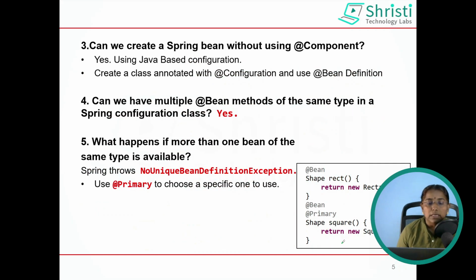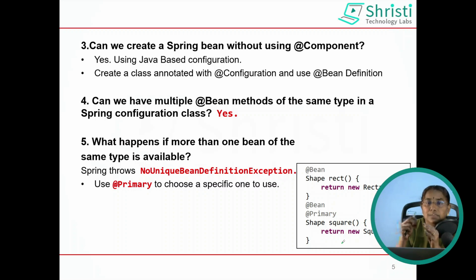Next question. Can we create a Spring Bean without using @Component? Yes. Whenever you want to create an object for a particular class, the IOC container will go and read the configuration metadata. They are of 3 types: XML based configuration, annotation based configuration and Java based configuration. XML based configuration is outdated. Annotation based configuration is where we use @Component, which helps the IOC container to create an object for that